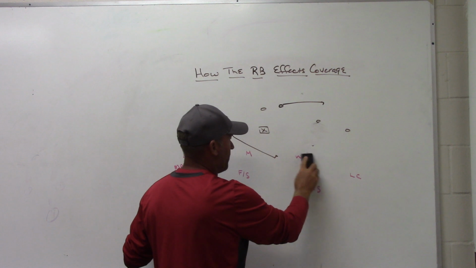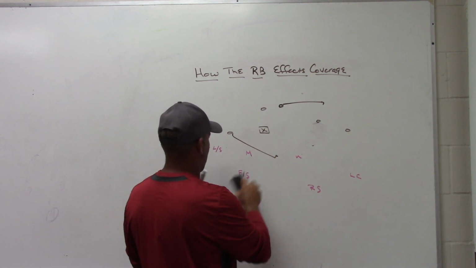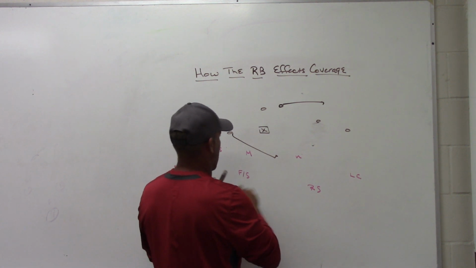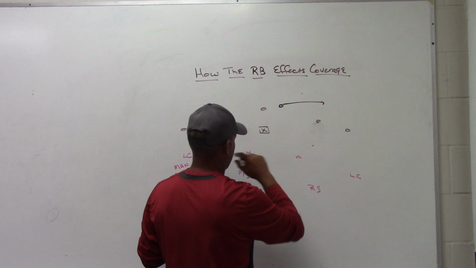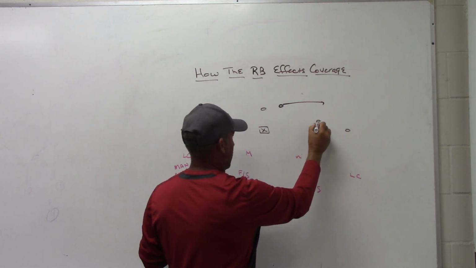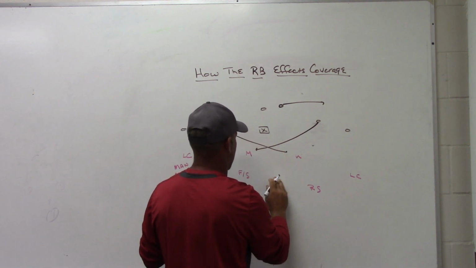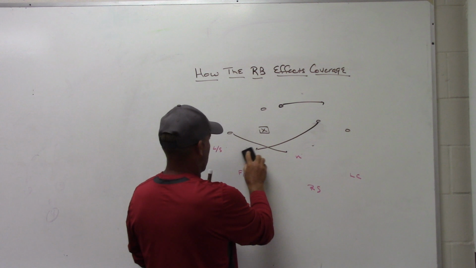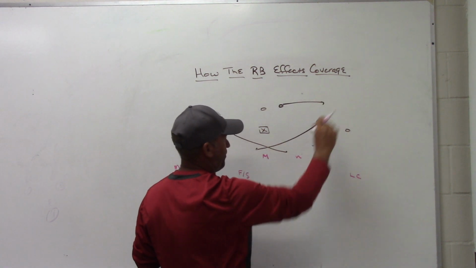Now, if you told the Mike that he's a 3 dropper in the coverage, okay, and you told the Mike to drop to the 3 side so that if you got, all right, for argument's sake, if you got any type of route, all right, let's say that was, you know, if this was some type of mesh concept where maybe he brought it in here and sat it down, or maybe he brought it in here and sat it down, if the Mike, all right, put himself in position to drop to the side of 3 when that back pushed,